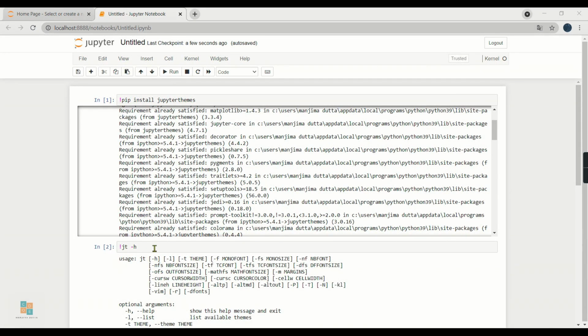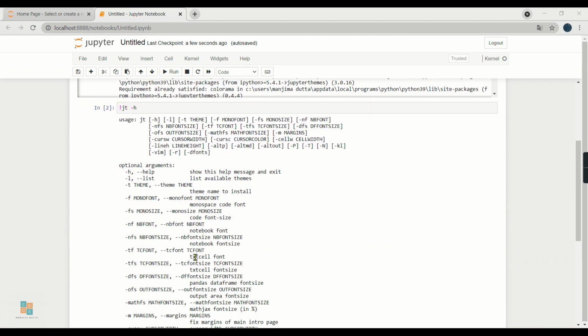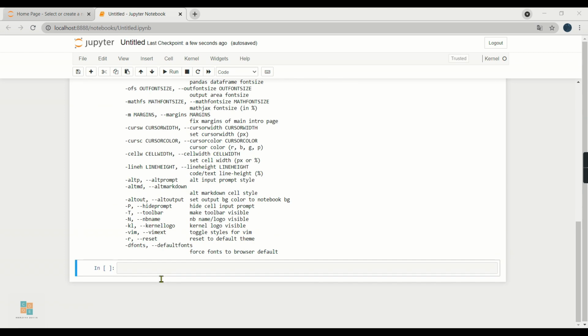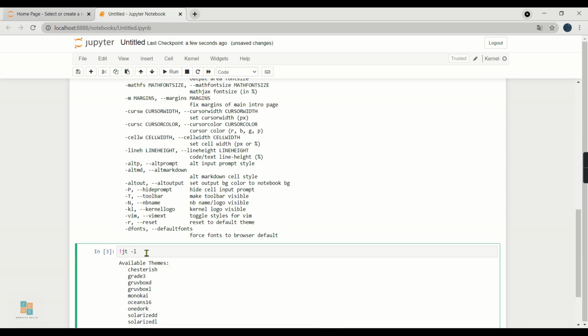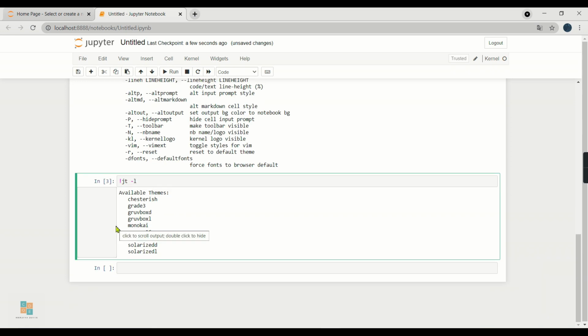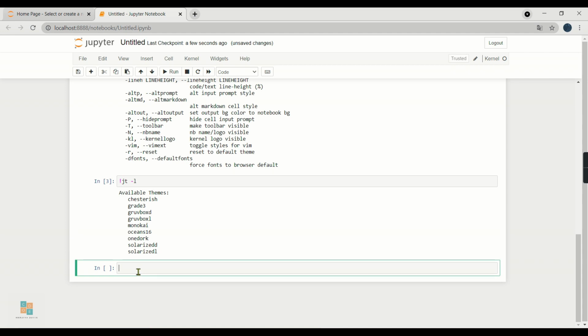It now gives us all the information on how to check categories of themes, how to change it, and then how to change it back to the default theme. So let's now put our further command like this: exclamation sign jt -l and click run. We can see that it gives us one list containing all the available themes.